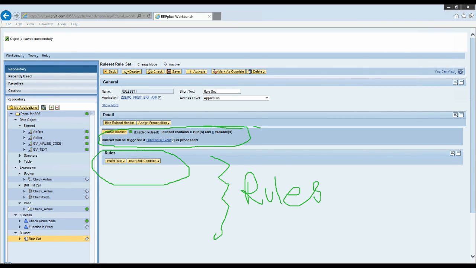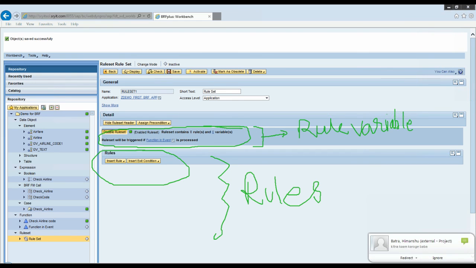And in the header section, we actually want to define the precondition and the return parameters, rule variables. So during processing, you may need a lot of variables.